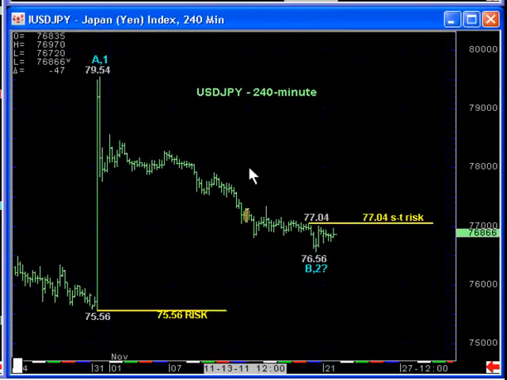Finally, looking at an intraday chart of the dollar-yen contract, it's been a somewhat boring market over the past couple of weeks as this market, we believe, has been correcting the late October recovery from 75.56 up to 79.54. We believe this relapse to be just a corrective retest of that key low at 75.56. But if that's the case, somewhere along the line, the market needs to arrest this decline, confirm a bullish divergence in momentum to define a more objective low and risk parameter